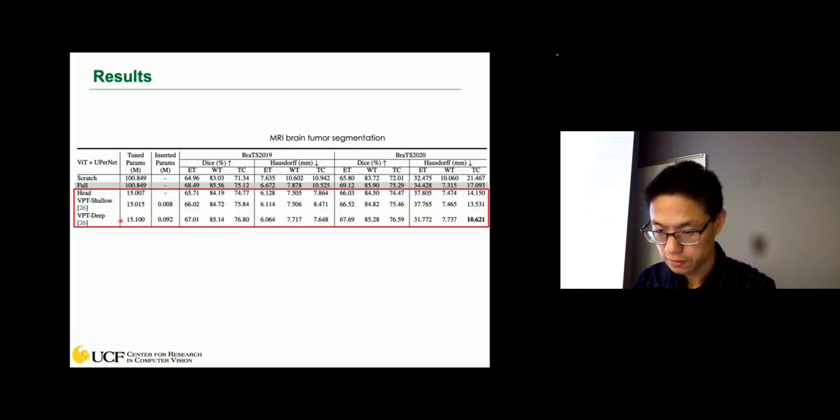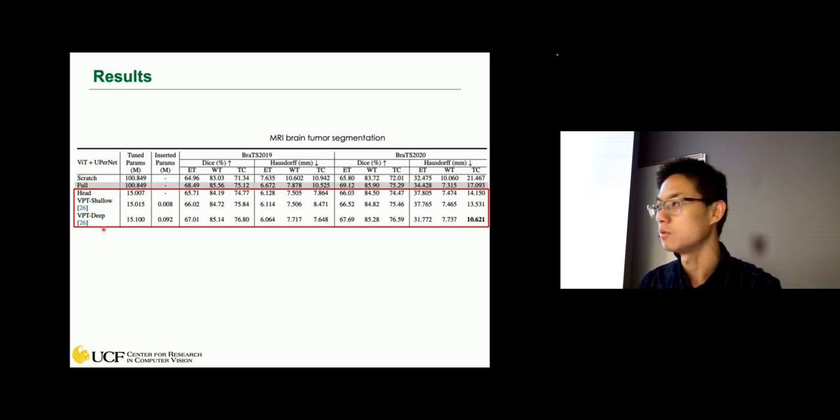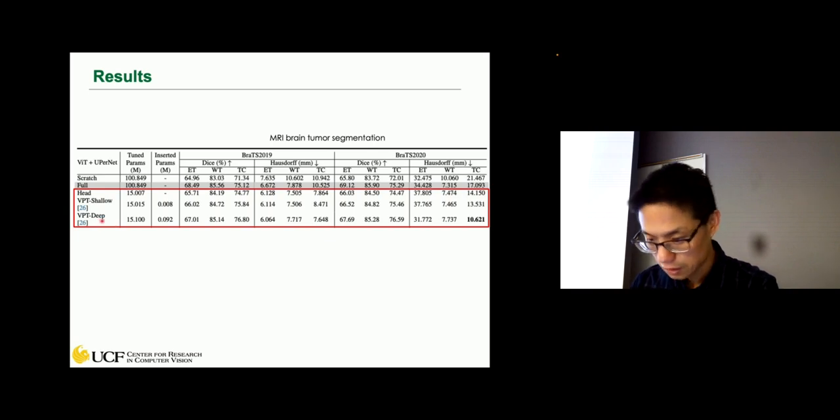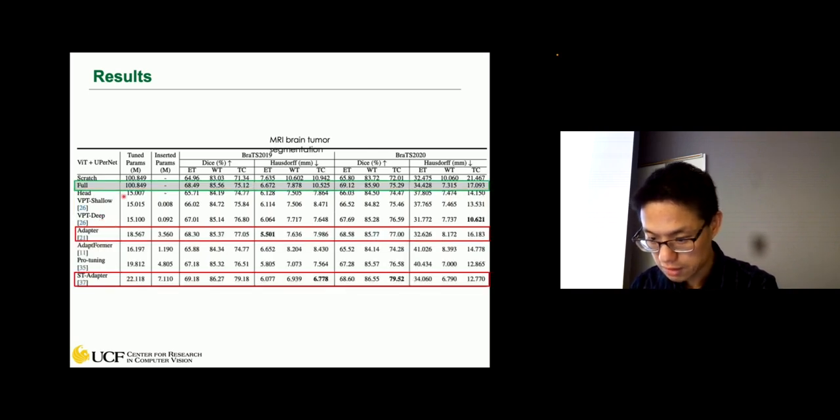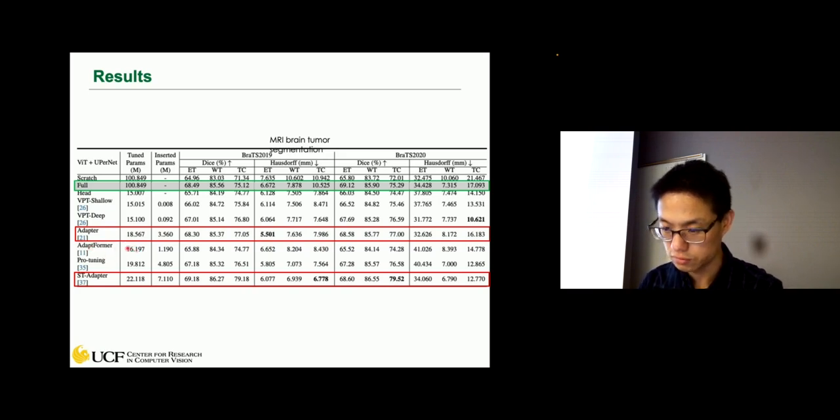So we compare with these, like the head tuning, right? So basically just tuning the head. We also have the visual prompt tuning, right? So we compare with only having some shallow layers for the visual prompt. We also have the VPT deep, right? So we basically add the tunable prompt in different layers of the transformer block. And we also have other efficient fine-tuning strategies like adapter and adaptformer, and